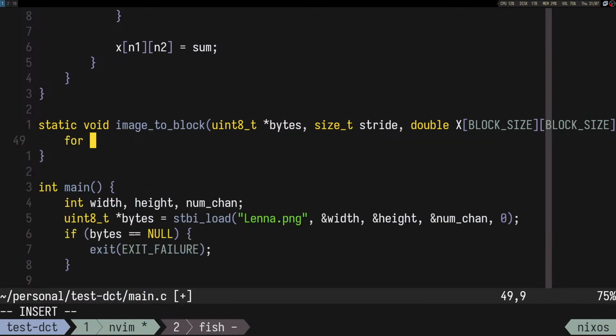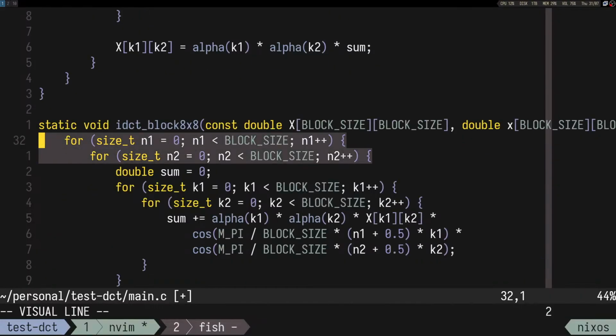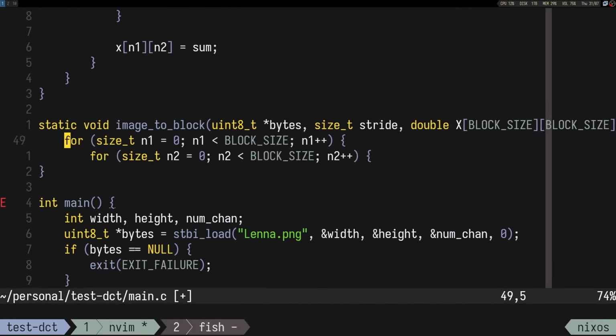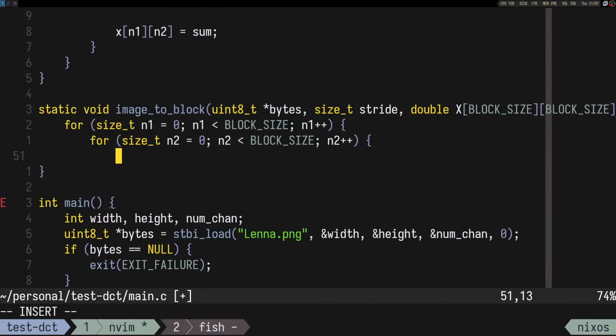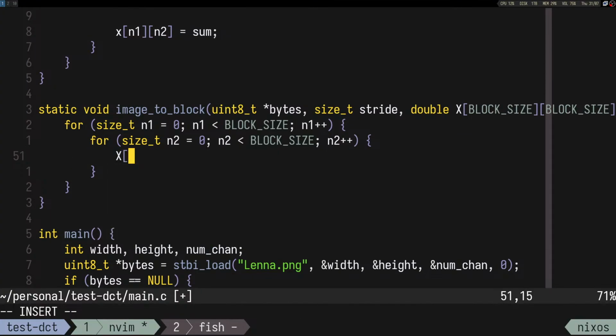So let's do 4. Actually, I'm going to do a for loop like this, and we can say something like x, but n1 n2 is going to be bytes, and here we need to compute